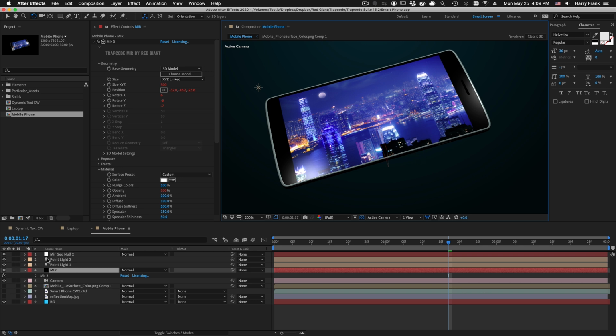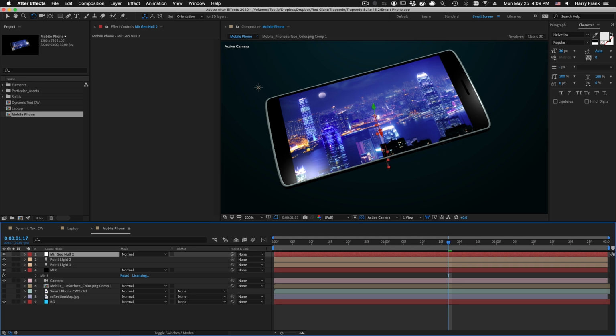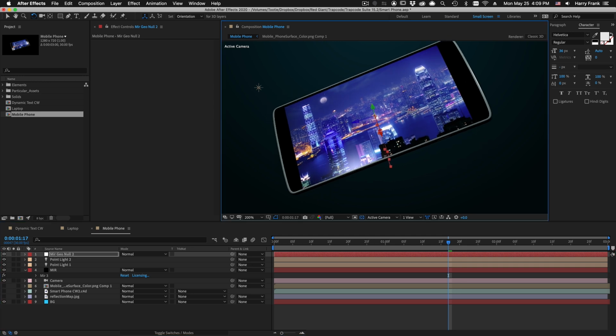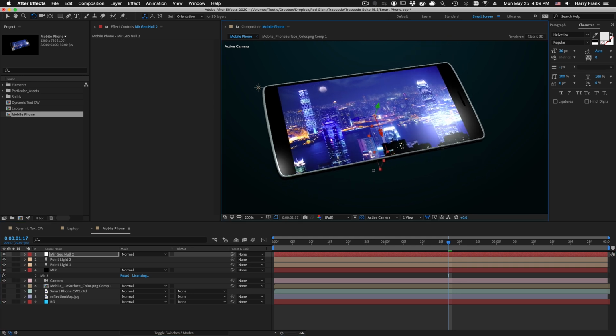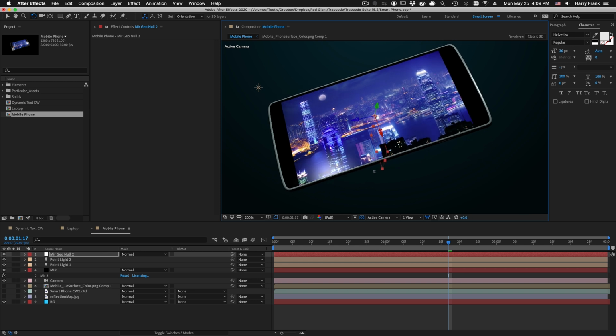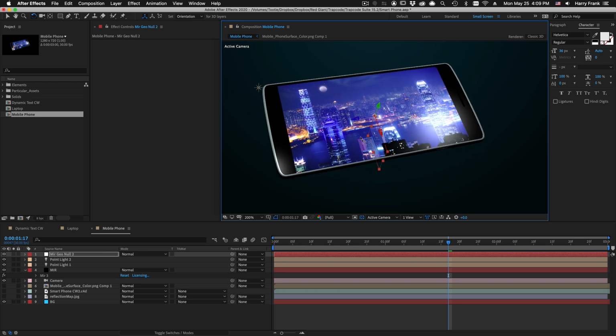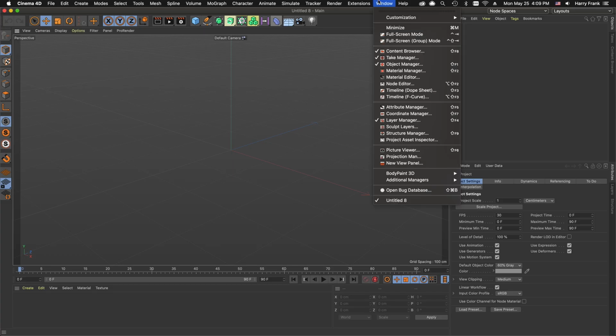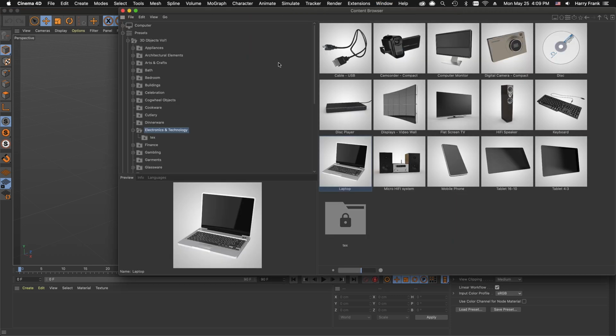The first thing we'll start with is getting this mobile phone from Cinema 4D over to After Effects. And as you can see, we've got some lighting, reflectivity, as well as a video that we've put right into the reflection map of the phone. Now, this phone actually comes from the content browser in Cinema 4D. So if you go to the Presets 3D Objects Volume 1 under Electronics and Technology, you'll find this mobile phone